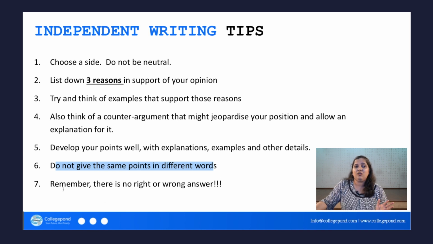So even if I give you a sample answer right now, or if I give you a structure, that's just a benchmark, or you can take it as a guideline. There is never a right or a wrong way to write an essay, right? We learned that in school. I hope this has helped you. Now let's move on and look at an actual method of writing the essay.